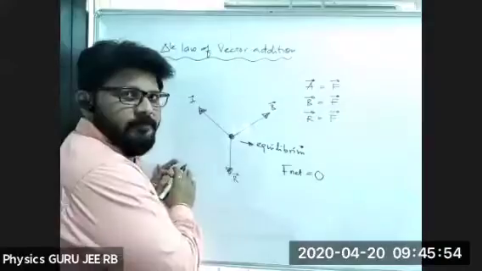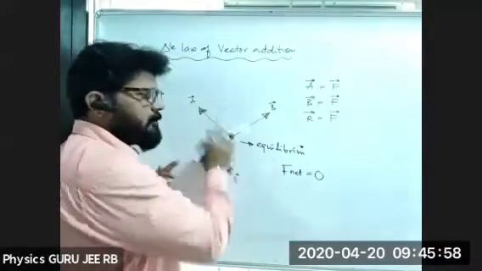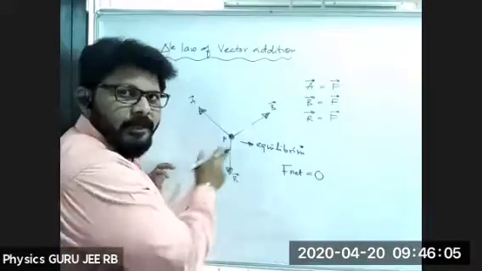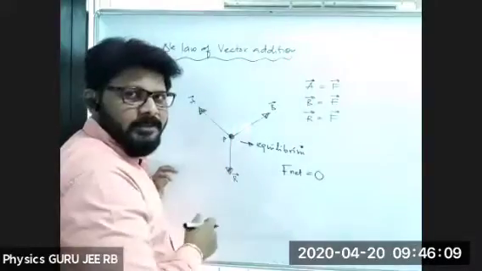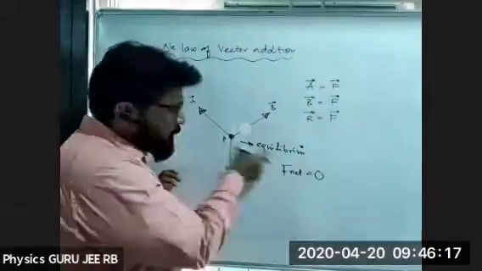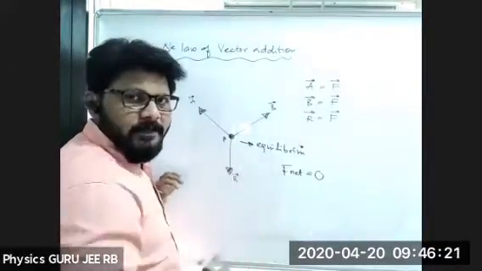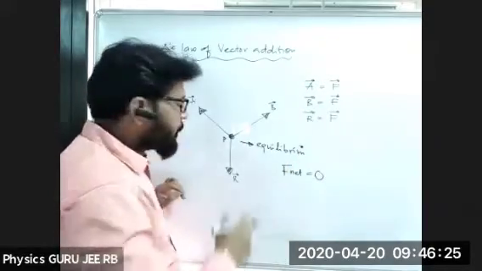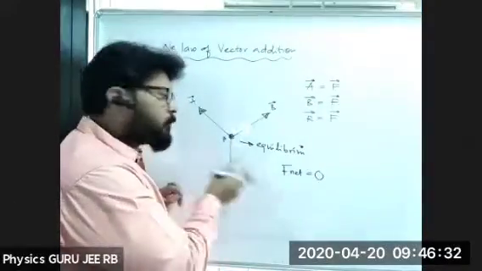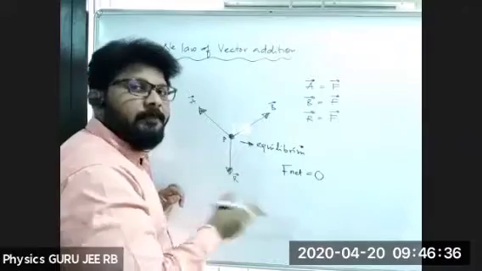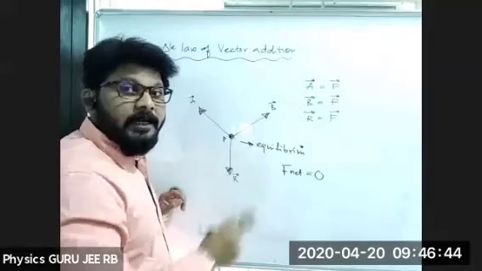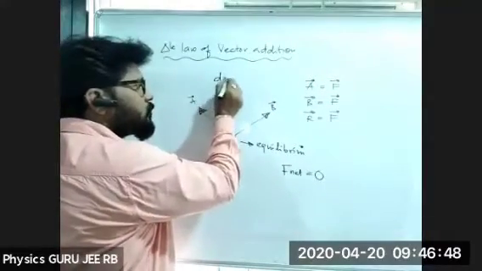If it is in equilibrium, then these three vectors, I'm giving the definition: three vectors acting on a point P such that these three vectors, once again, are acting on a particle to keep it in equilibrium. This is the first statement. Parallelly, you can write the notes also, right? If these three vectors, that is A, B, R, act on a particle to keep it in equilibrium, then these three vectors can be represented as three sides of a triangle taken in order. That is nothing but definition 2.